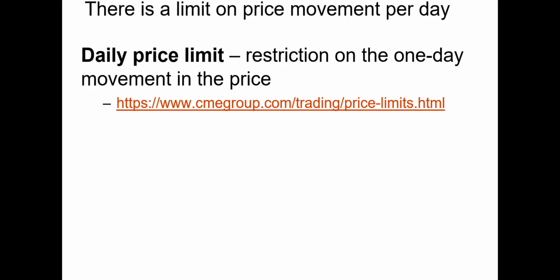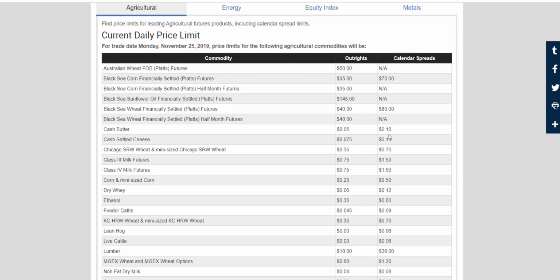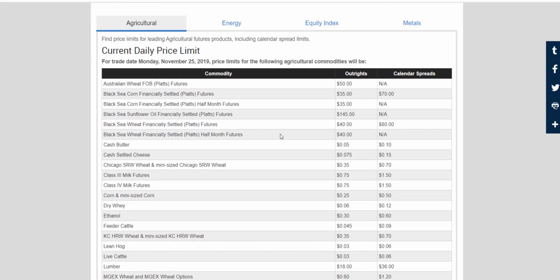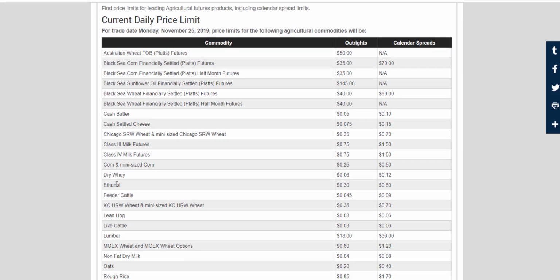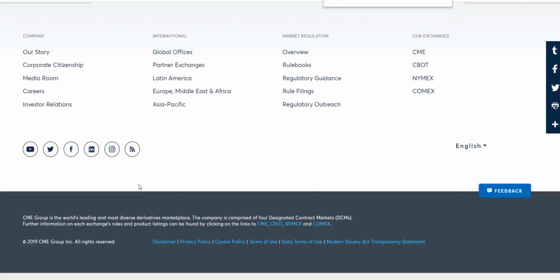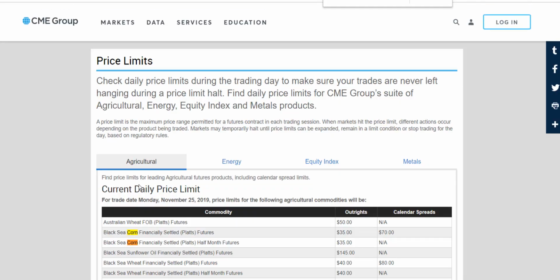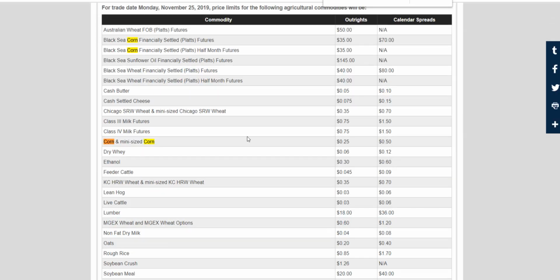The CME has very specific daily price limits for each contract. To give you a sense of the daily price limits for various commodities, here are the daily price limits for the commodities that are most likely to be traded on the Chicago Mercantile Exchange, or under the CME Group banner. For example, if we search for corn, we see that there is a maximum one-day change in price of corn of 25 cents per bushel